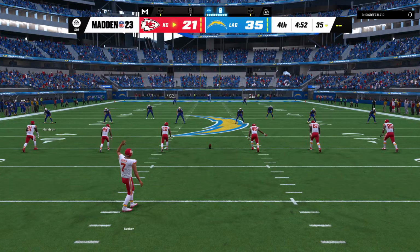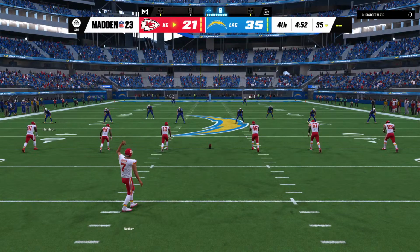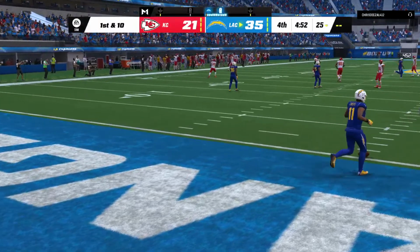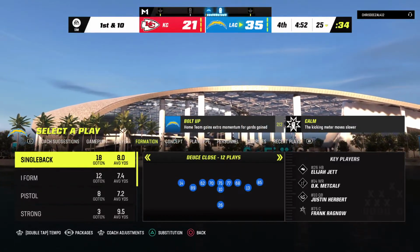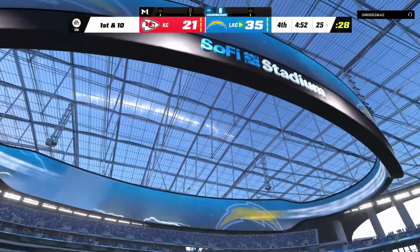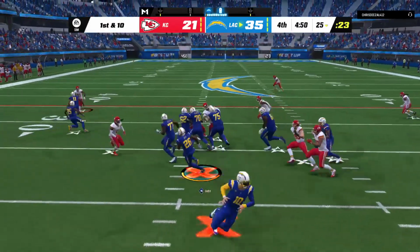Harrison Butker going to kick off for Kansas City. Now after the touchdown, here's Butker on to kick it away. The Chargers take over 1st and 10 at their own 25-yard line. The Charger drive about to get going. Well, there are 2 scores on the plus side. Still time here in this fourth quarter, but maybe...